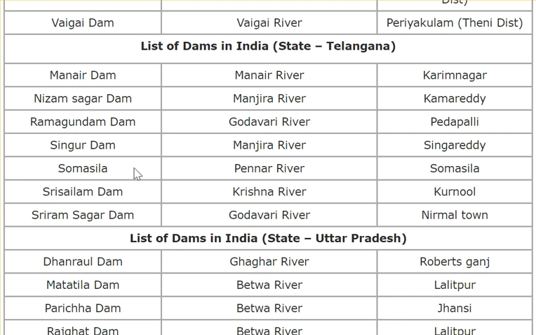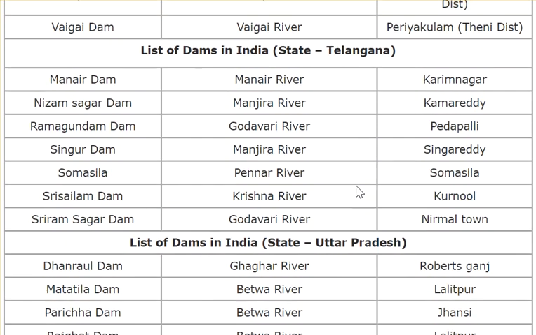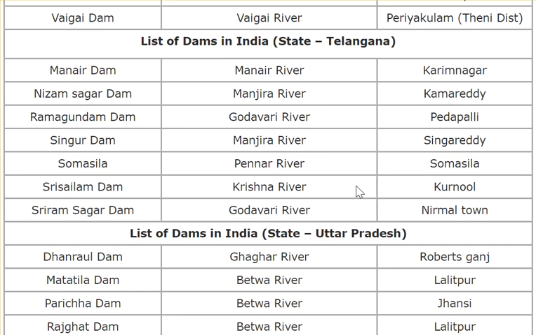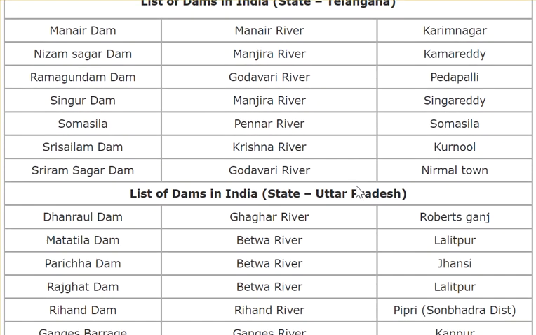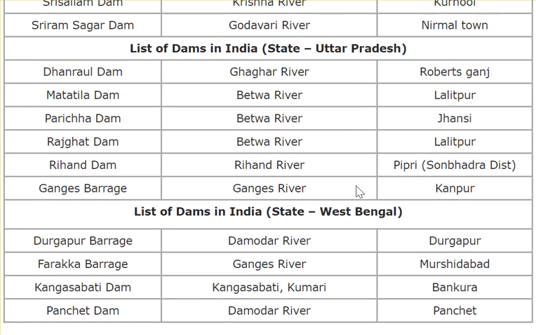Here is what you need to update if you have earlier remembered this section of general knowledge. You have to update that in the new state Telangana these dams are added, and these dams would be excluded from a few other states, that means from Andhra Pradesh, because these must have been earlier in Andhra Pradesh, and now these are in Telangana. Thereafter you come to Uttar Pradesh, and then finally West Bengal.